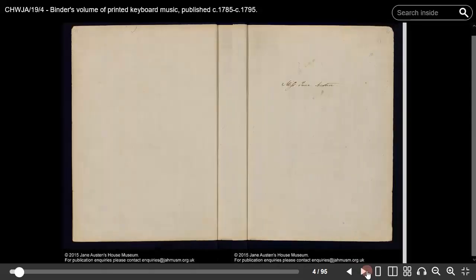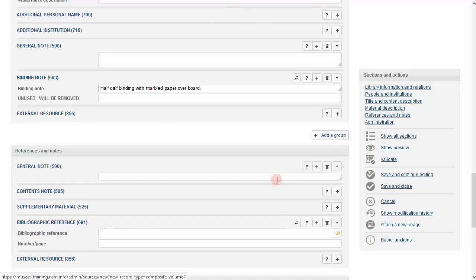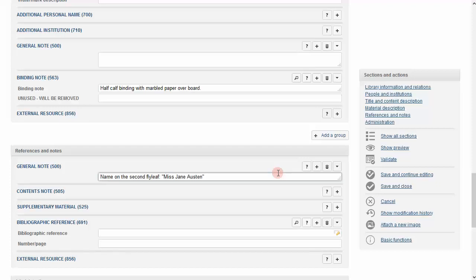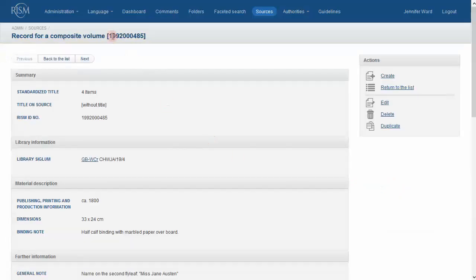In my example, the name Miss Jane Austen appears on the second flyleaf. Save the record and note the RISM number. I'm going to copy it.